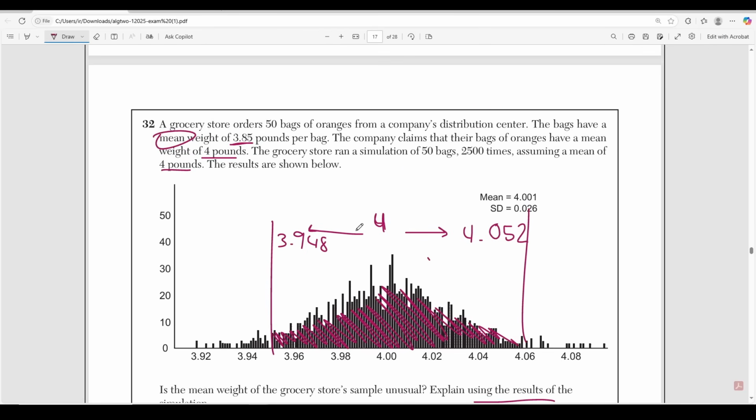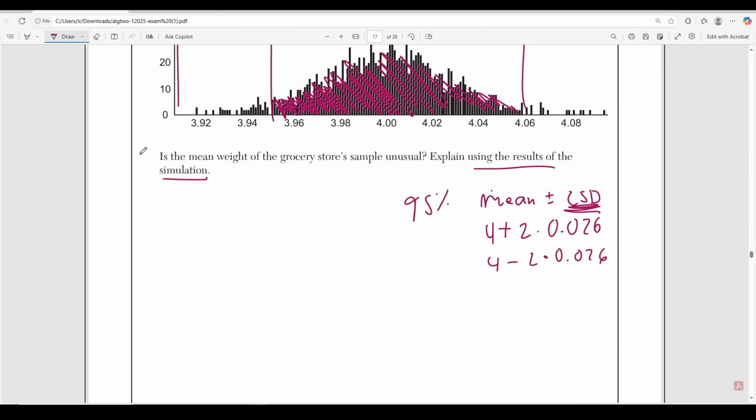Now, if we look back to our problem, it said that the grocery store had a sample that was 3.85. Is 3.85 between this? No, 3.85 is way out here, right? So they've had a bag that falls outside of 95% of the data. That means that this bag that they found had a 5% chance of occurring, right? Is that normal if it was part of the 5%? No, it's not normal, right? So when they ask us, is the mean weight unusual? We say that yes, it is unusual,